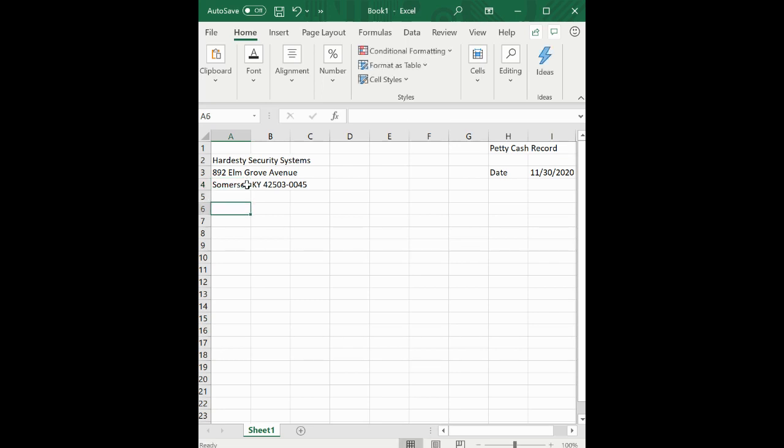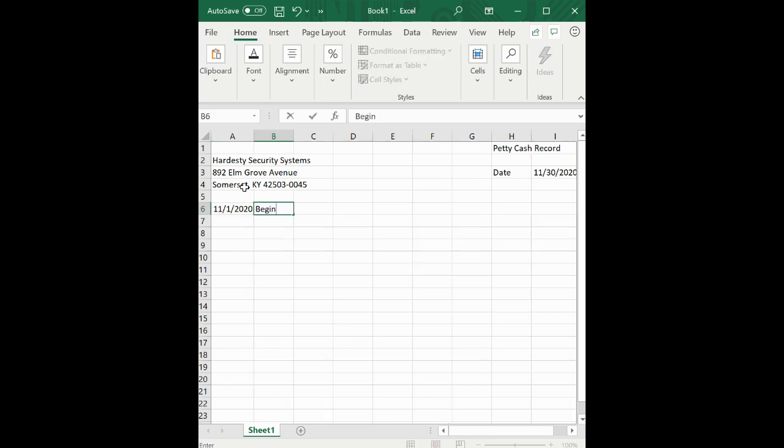And now I'm going to type in the date, the beginning of the month. And I'm going to press tab, and I'm going to type in beginning balance, because that's how much we had in our metal box to start with, and that's going to be $250. Okay, so now I'm going to type in A8. I'm going to type in date, tab, receipt